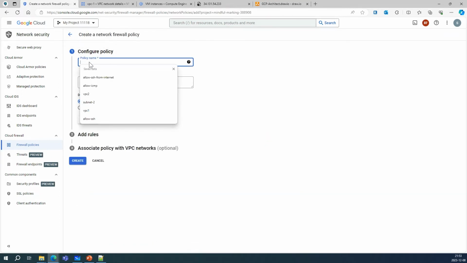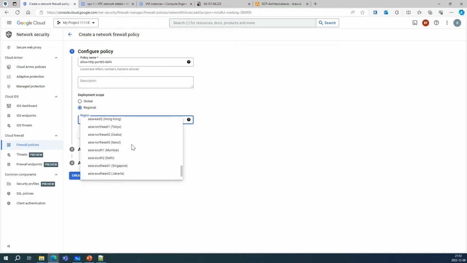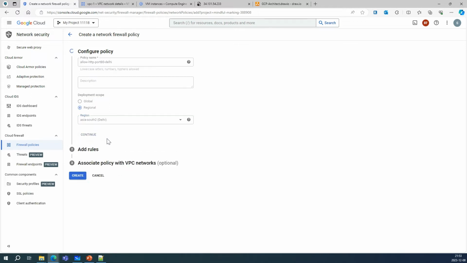This time you will say allow HTTP port 80 in Delhi. Regional is the Delhi region here. To continue,